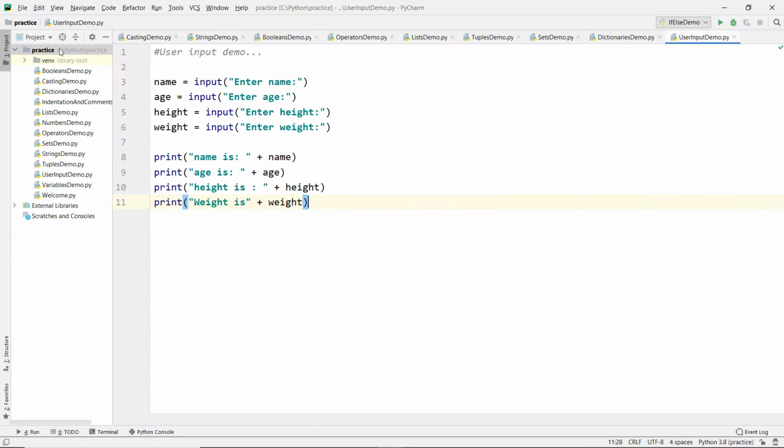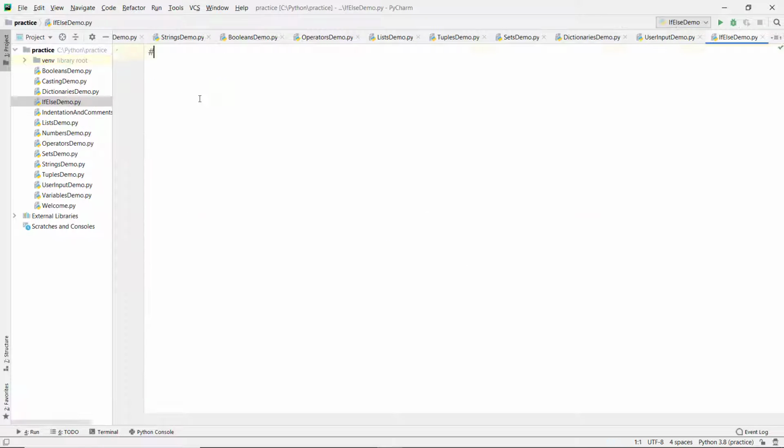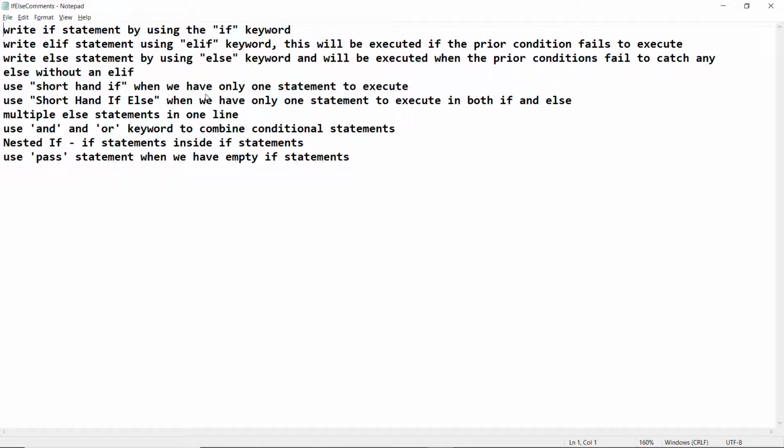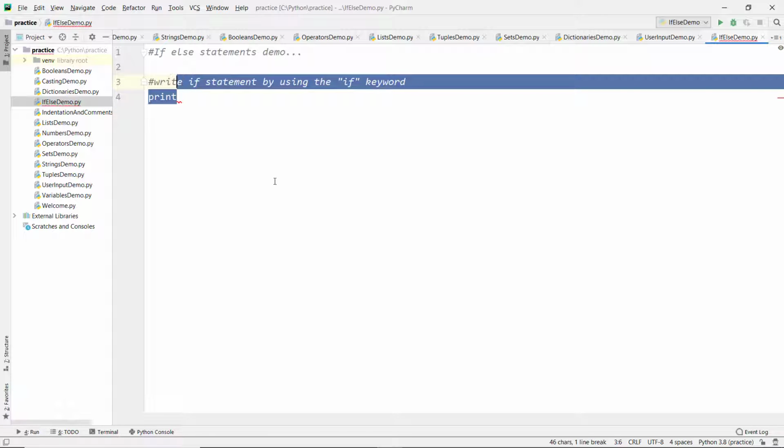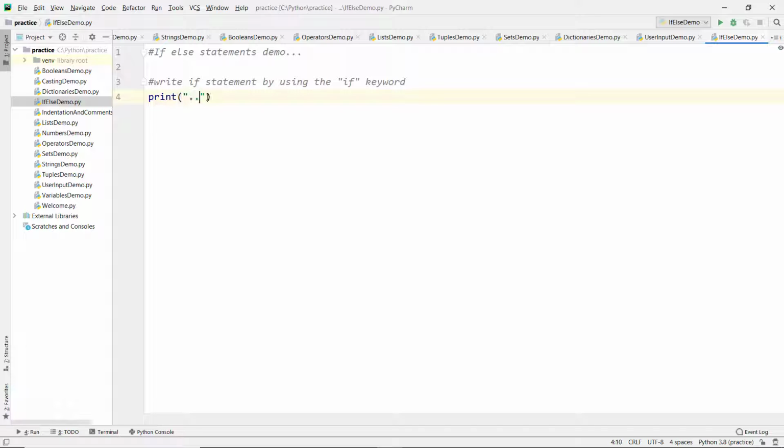Go to our IDE, new Python file, and let's name it if else demo, and let's add the comment if else statements demo. Now the first one is how to create an if statement by using the if keyword. Let me try to print that so we can see in the console as well.